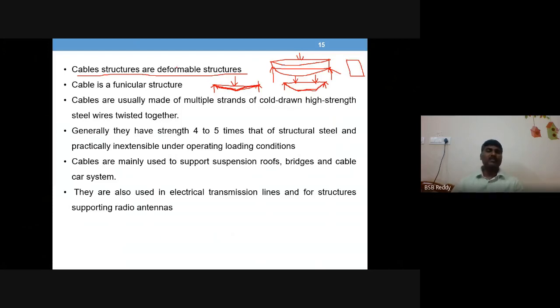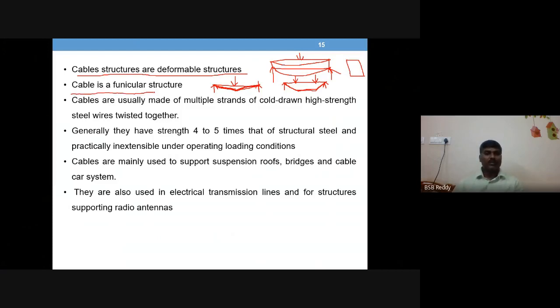That is the difference between deformability. So a beam or column, they are deformable, but not in the sense of geometry. Okay, geometry is going to be the same in those cases, but here in cables, the geometry is going to change. Okay, so